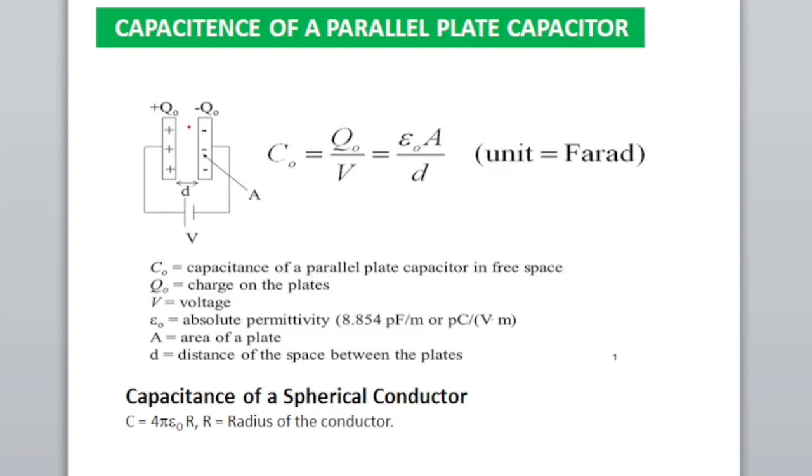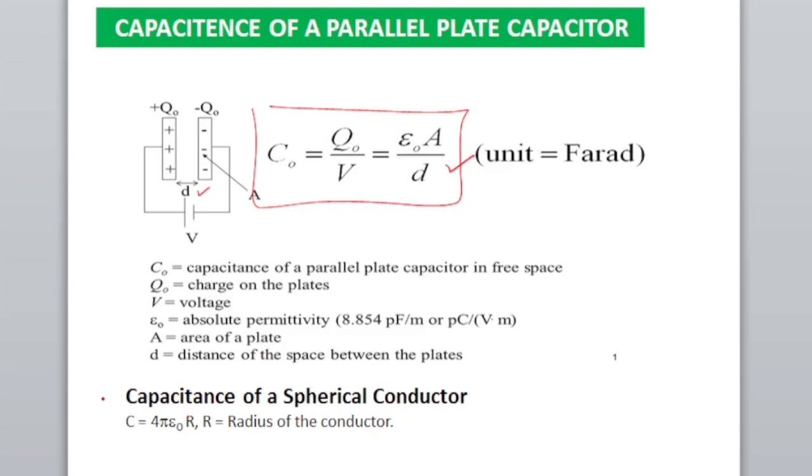So suppose there is an arrangement of two parallel plates. There is a separation between these two plates, Q is the charge on these plates, and V is voltage. So the capacitance of a parallel plate capacitor is given by C naught equal to A epsilon naught by D, where A is the area of the plate, D is the separation between the plates, epsilon naught is the permittivity of free space,